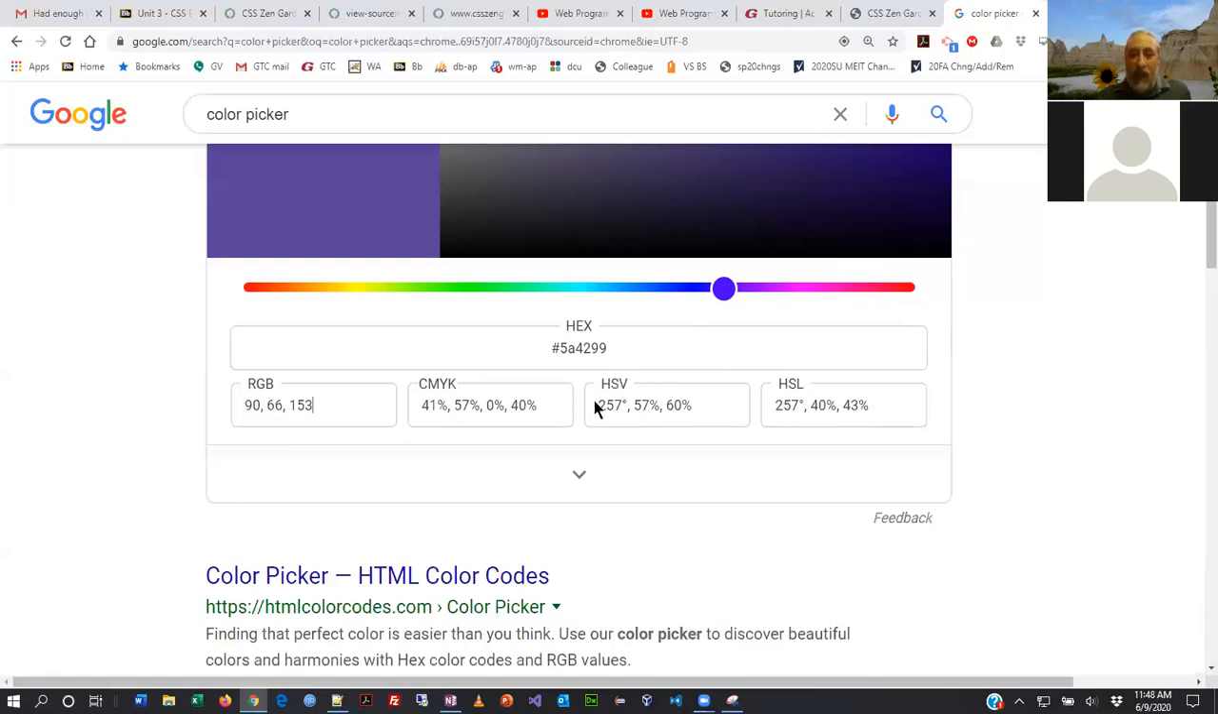Now, while HTML also does these, I'm going to tell you from a practical standpoint, most designers do not use CMYK, HSV, or HSL in the HTML. You're starting to see a little bit more of HSL, but hex and RGB are it. The other thing that I also tell people is that HTML